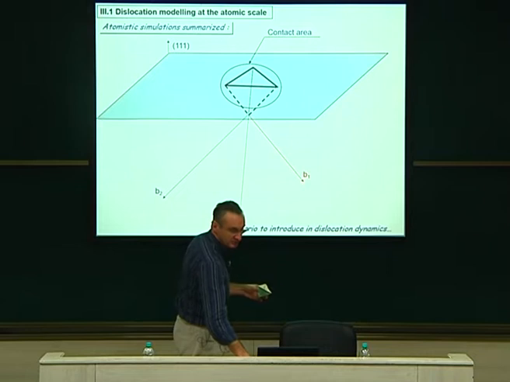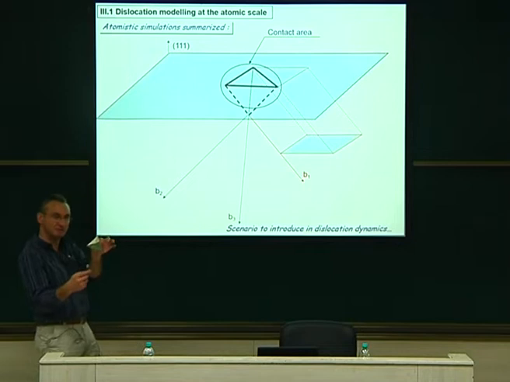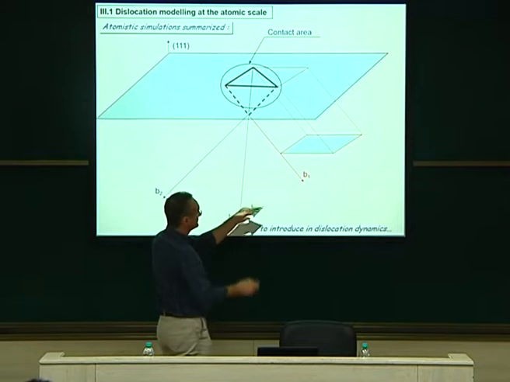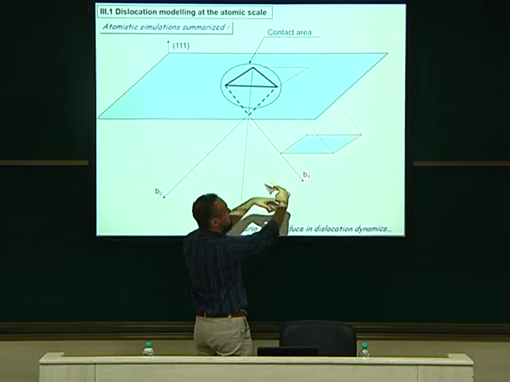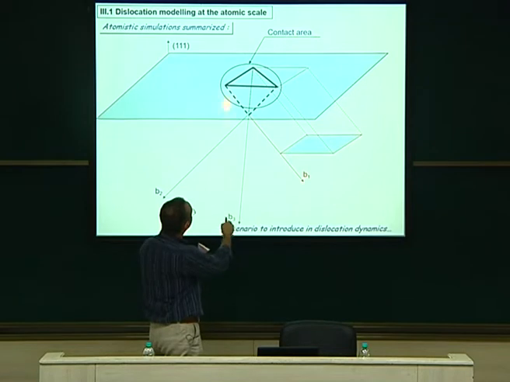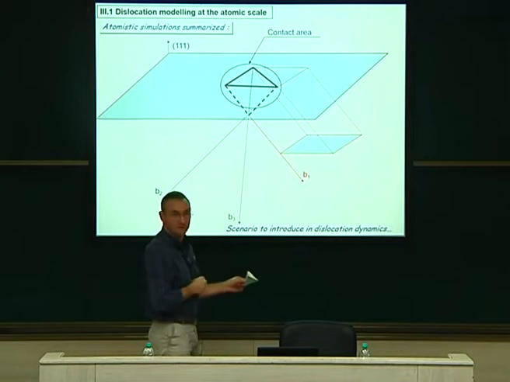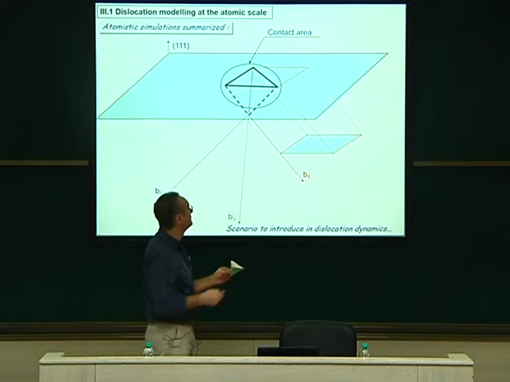With these Burgers vectors, I can build the prismatic loops, and they correspond to that loop. I was looking in detail in the MD simulations at how they were, and they are exactly like this. This side of the tetrahedron is the side of the prismatic loop coming here, you see. This side here corresponds to that one here. So they correspond to this edge segment and this edge segment. Okay, you can see that in 3D. And of course it is closed in a symmetric way on the other side.